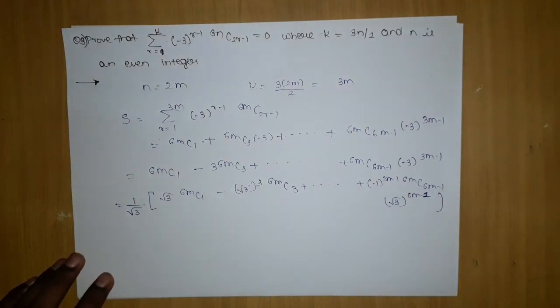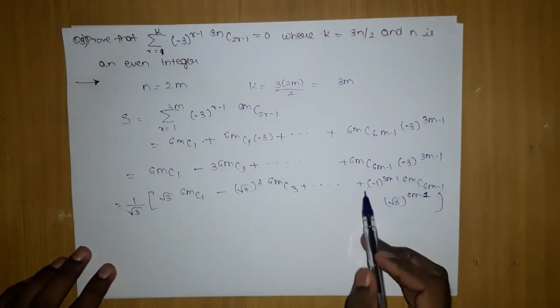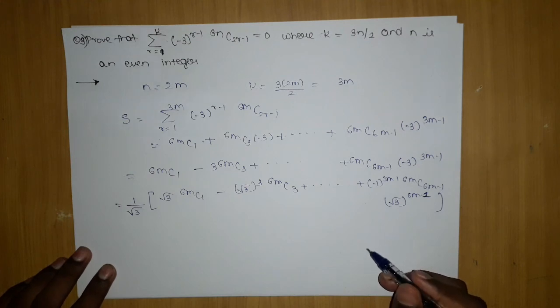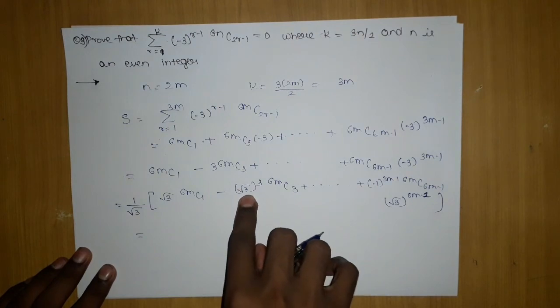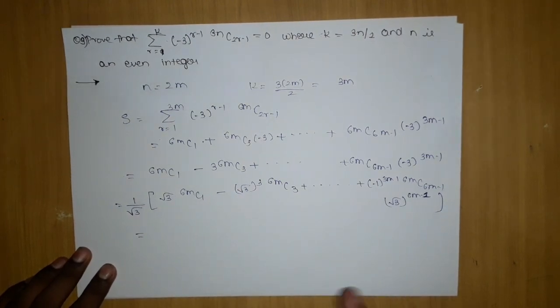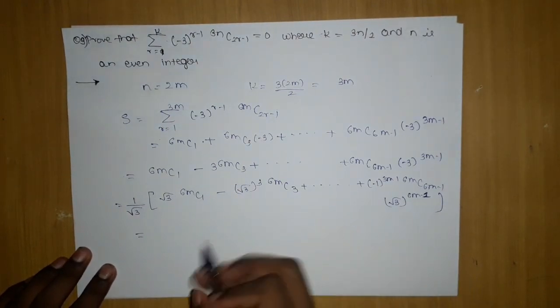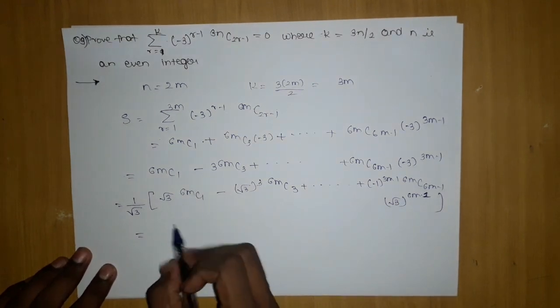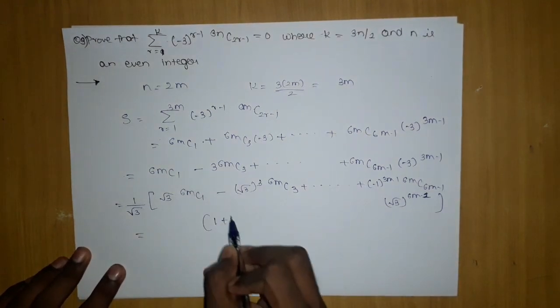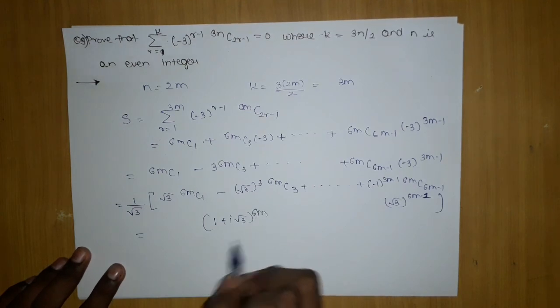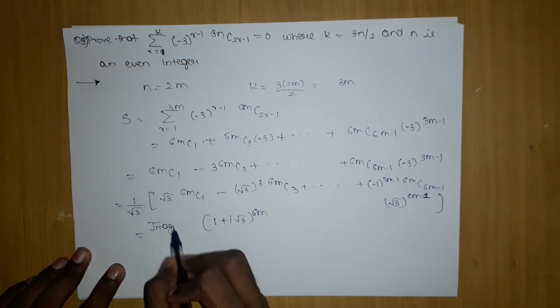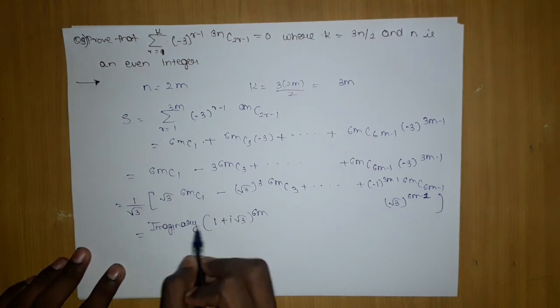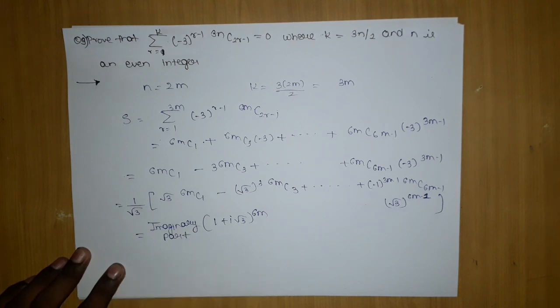And after this, what we are analyzing is that here 1, 3, 5 terms are appearing, so it is nothing but the imaginary part of what complex number. If only this single term is appearing, it is nothing but 1 plus iota root 3 power 6m, so it is a complex number of 1 plus iota root 3 power 6m. Now we have to target this imaginary part. That is our main aim.